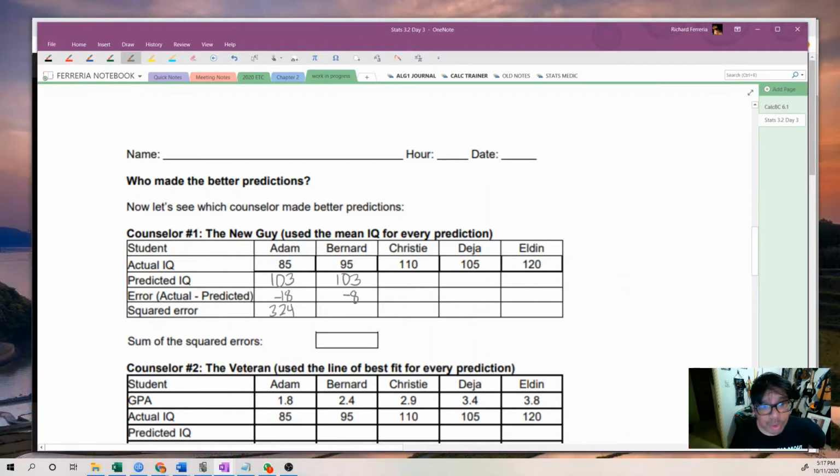His actual score was 8 less than the predicted score, so negative 8 error. And negative 8 squared is 64. Let's do the rest of these. And look at that, Deja actually was really close to the prediction. Deja's error between the prediction and the actual IQ is only 2 units, which gives me a